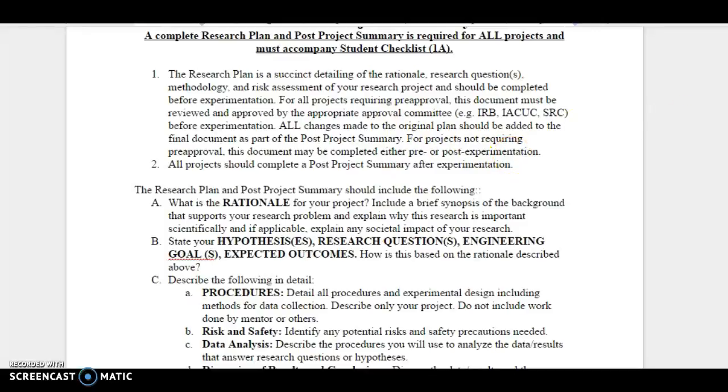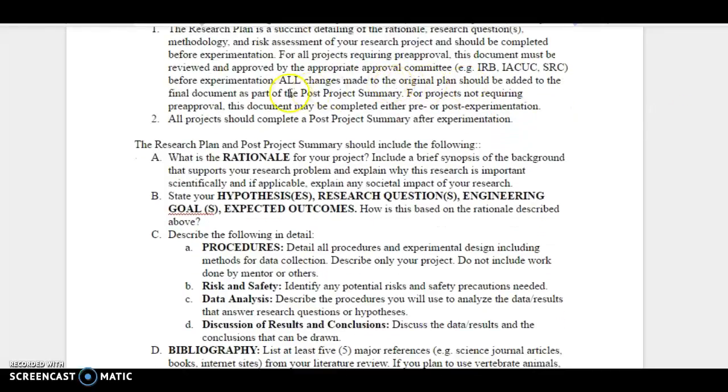The research plan, there will be several forms that must be filled out and signed, and then the research plan is a document which you type up. It's a summary. It's in addition to all the forms that you have to fill out and get signed for the science fair. So in addition to the forms, you need to type up a research plan that tells what